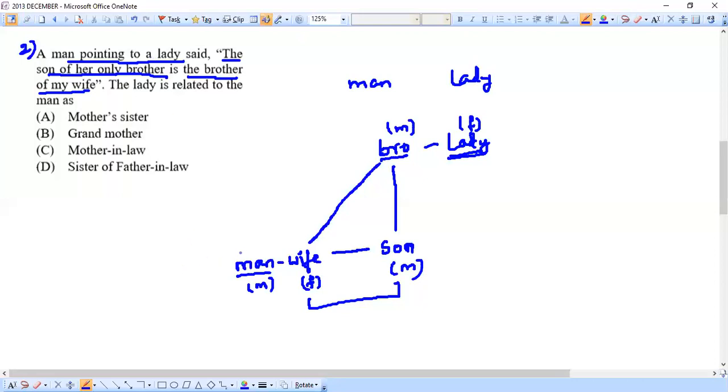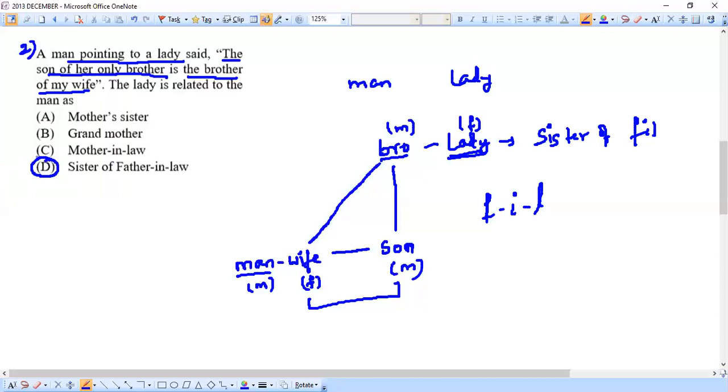So how do we call wife's father actually? This man, his wife's father. So his wife's father is whom to this man? This person will be none other than this man's father-in-law. Is it or not? He will be his father-in-law. Because it refers to the wife's father, that is his father-in-law's sister. So that means this lady is none other than the sister of that man's father-in-law. So we exactly have this relation on option D, and that is going to be the answer for this question.